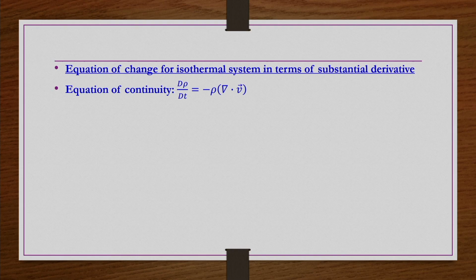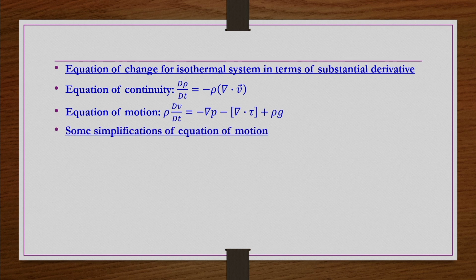Now, we are going to write the so called equations of continuity and then momentum that we have derived a few slides before. Those equations we are going to write by using substantial derivatives. So, the equation of continuity you can write as capital D rho by dt is equal to minus rho del dot v, whereas the equation of motion you can write as rho Dv by dt is equal to minus del p minus del dot tau plus rho g. Okay.